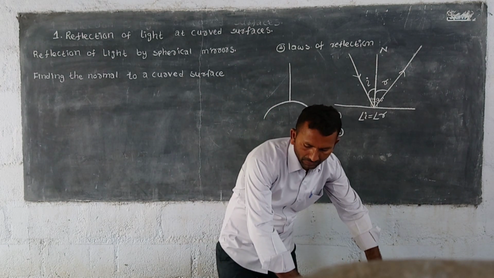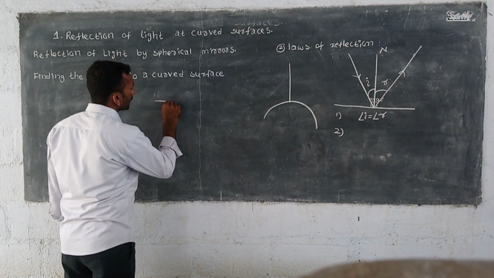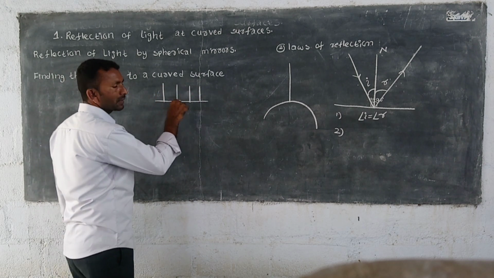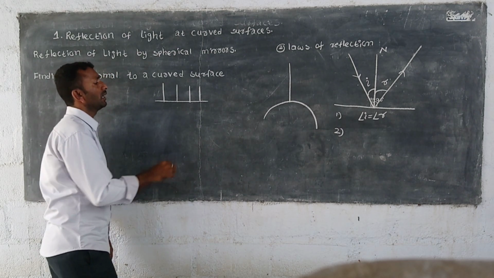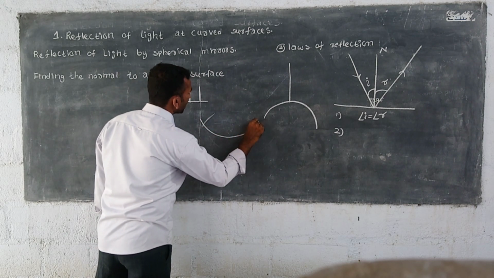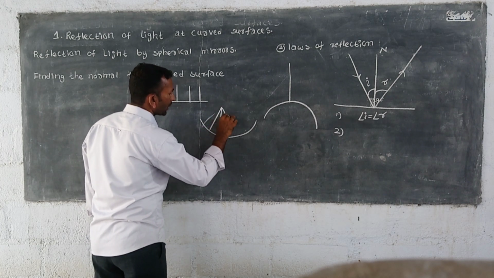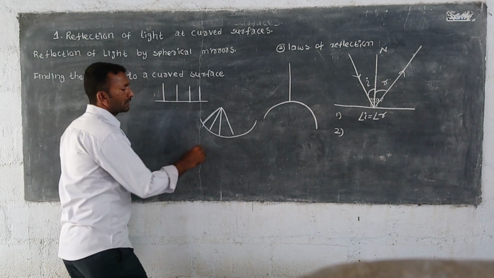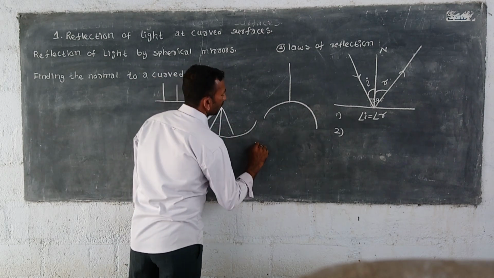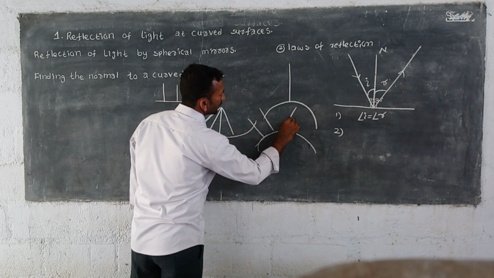So what is the conclusion we can get here? Just think, in the first case this is a foam, and we stick some pencils to this, and all these are normals to the plane surface. In the second case we bend inwards, and what is happening here is that all the pins are converging at one point. And this belongs to the concave mirror. And in the second case we are bending outwards, and the pencils are diverging in a separate direction.